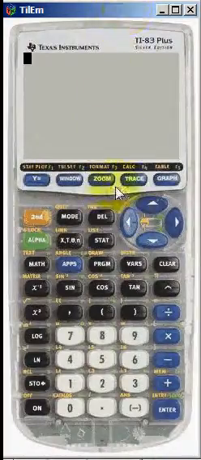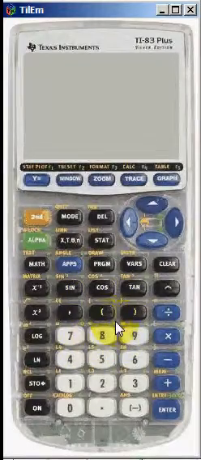We're going to complete this test using the matrix feature on the Texas Instruments calculator. You could complete this test in a similar fashion to the test for goodness of fit, making a list of all the expected values, but this is far quicker and allows the calculator to do most of the heavy calculations for us. The first thing to do is to set up the matrix of observed